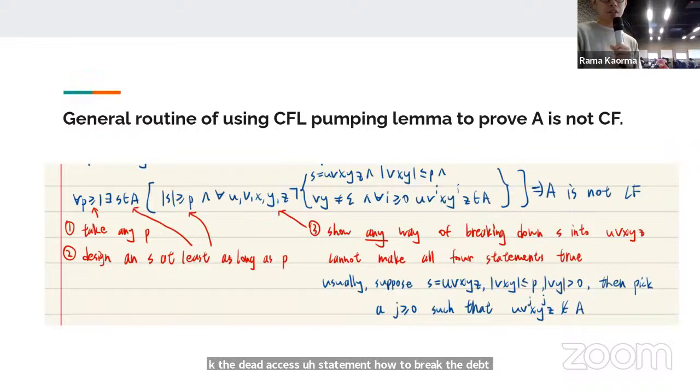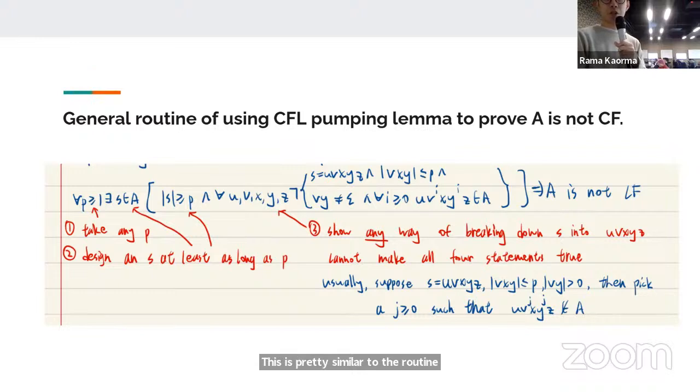This is pretty similar to the routine of proving language A is not context-free using the pumping lemma. So we have to assume the language is context-free first, and then we take any P, don't specify the P, and then we design an S in the language A, at least as long as P. And then we show any way of breaking down S into U, X, Y, Z